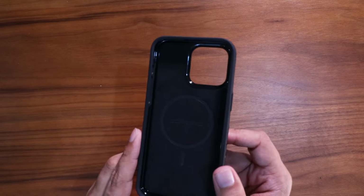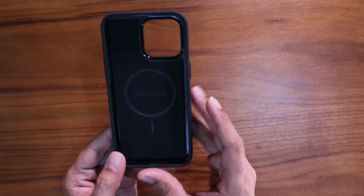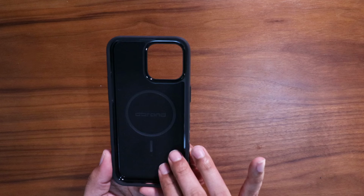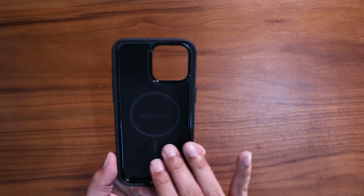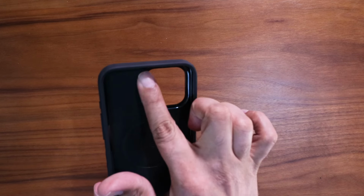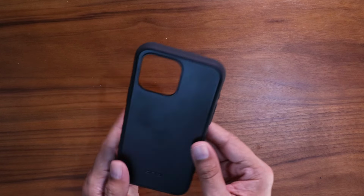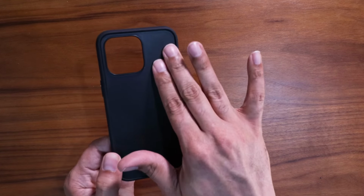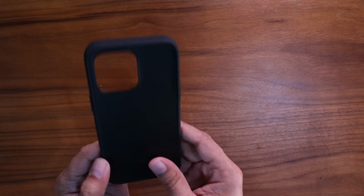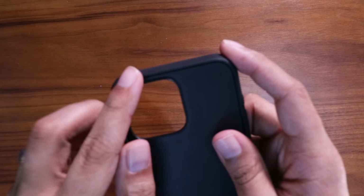We flip it onto the inside. We've got the Dbrand branding here in the middle. We've got our MagSafe ring. And then we do have a soft felt-like material. I'm not a big fan of felt, but I do appreciate that they put this in here to protect the phone even further if you were to drop this thing. And then on the inside with the camera ring, we've got a smooth plastic, very similar to the smooth plastic feel on the outside of the case and around the camera ring. So you do get a raised camera ring there,